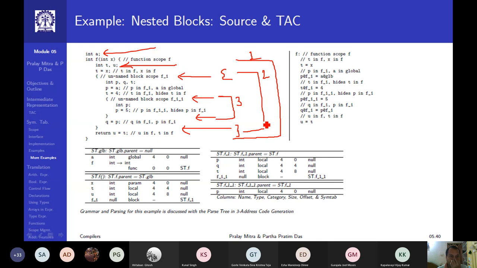Now you keep an eye on this. Inside block 1, t and u are two variables which are declared. Of course, the function has a parameter x, and since my block 1 is the block of the function, along with the local variables t and u, the parameter variable x will also go. Next, inside the